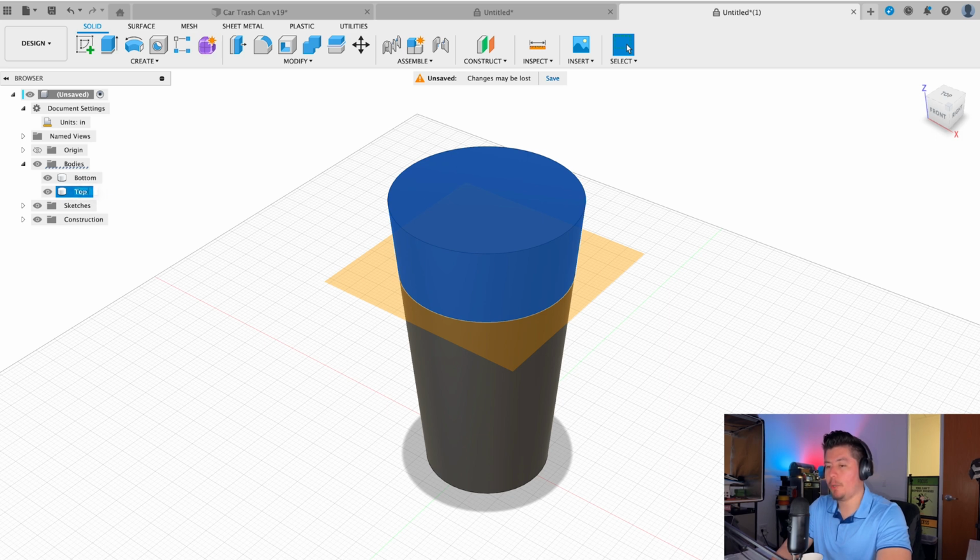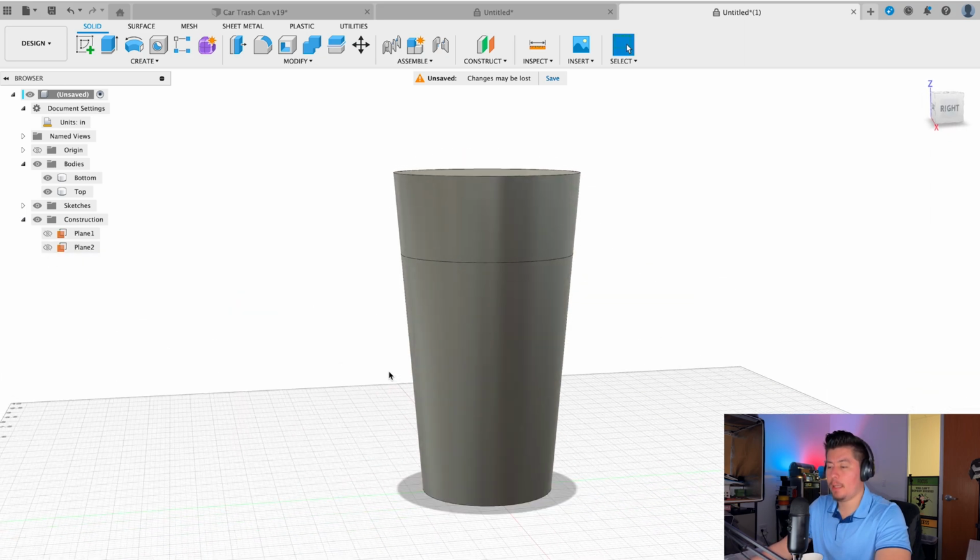So I'm gonna go ahead and rename both of them, bottom and top. We can go ahead and untoggle that plane there. And now you should have something that looks a little bit like this. The very next thing we need to do is make sure that this could actually fit into